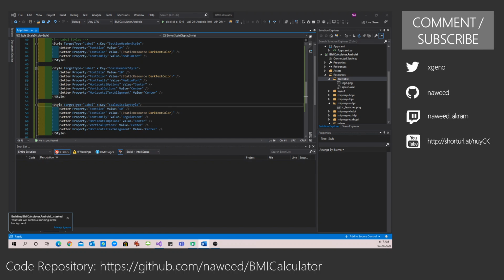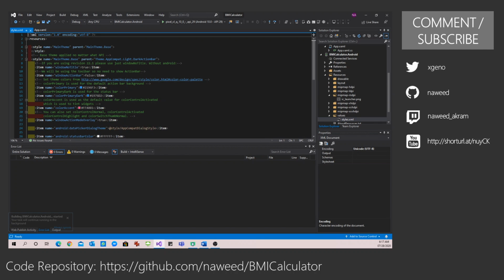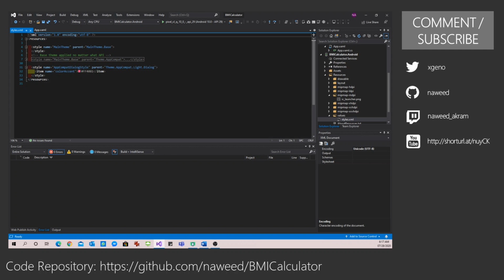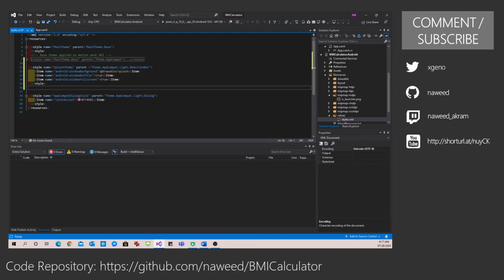Next thing we need to do is we need to add the splash theme. So for this one, we can again go back to our styles, and we can add a style for our splash theme. So very simple, the background for this we are going to use this new component splash.xml that we created, and it's using no title and full screen.